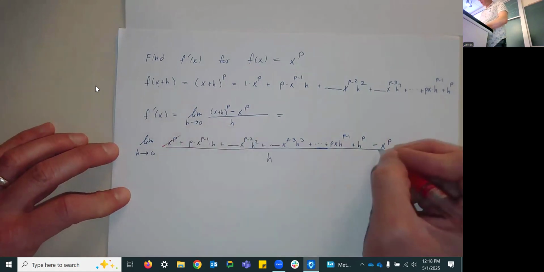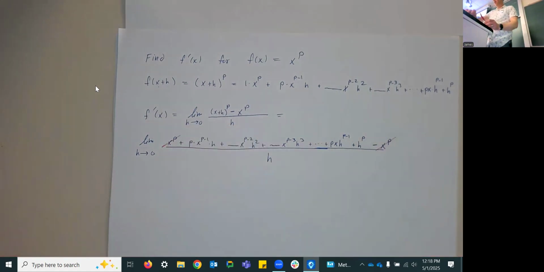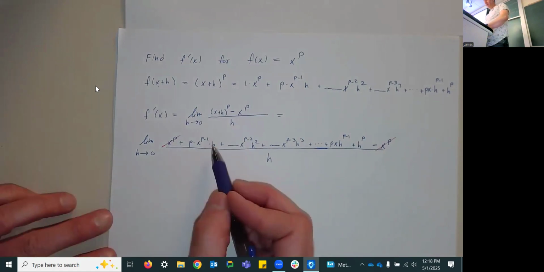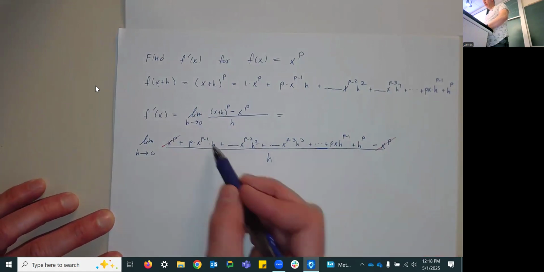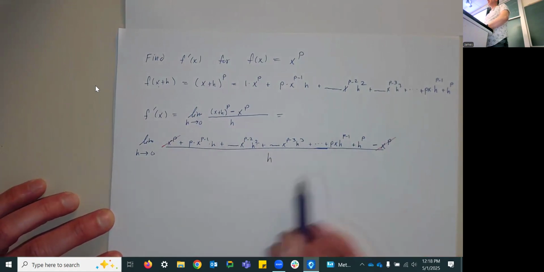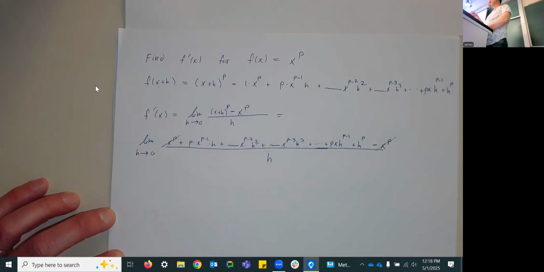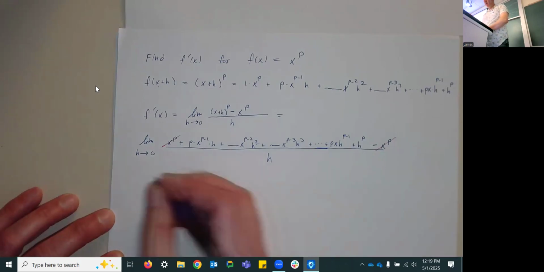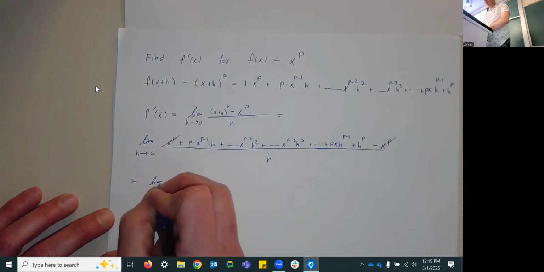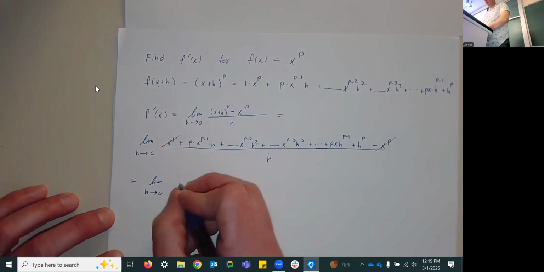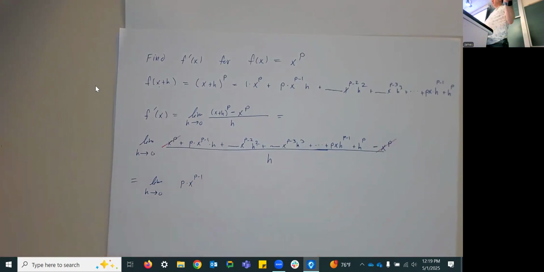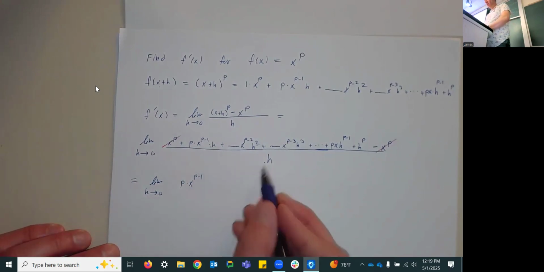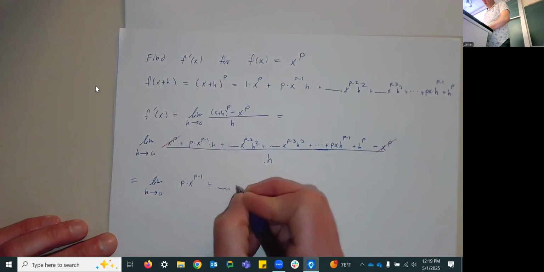Those two terms are going to cancel. They add to 0. Every other term has h to a power, either h to the first, h to the second, h to the third, all the way up to h to the p. And if we divide each of those by h, all of those powers of h are going to decrease by 1. So we're going to rewrite this as the limit, as h goes to 0, of p times x to the p minus 1 times, there aren't any h's because h divided by h is 1,